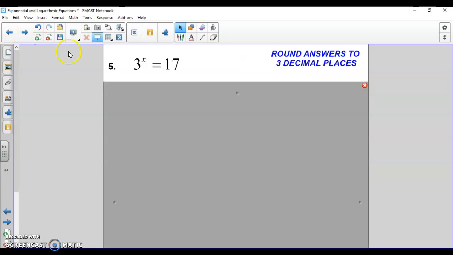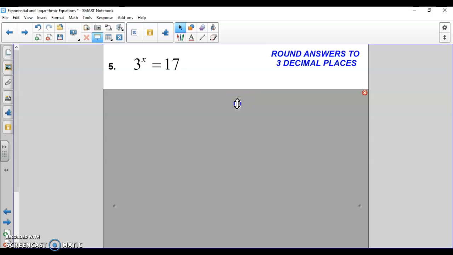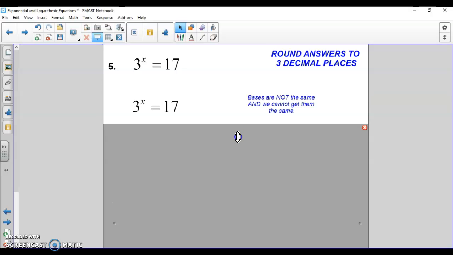Second scenario is where I have 3 to the x equals 17. We're going to start rounding here. We're going to need calculators for these ones. The other ones we don't really need calculators for, but right here we need calculators. So 3 to the x equals 17. 17 can't be written in terms of 3. So what we need to do is take the inverse of it. And exponentials and